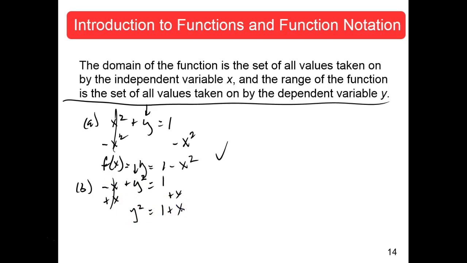Very good. But I want y, not y squared. So what do I do? Take a square root of both sides. And that gives me a y here is equal to what? Square root of 1 plus x. So close, but not quite there. Plus or minus. Anytime you take the square root of both sides of an equation, you have to put a plus or minus. Because you see,